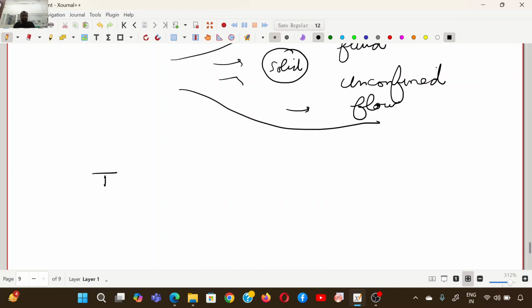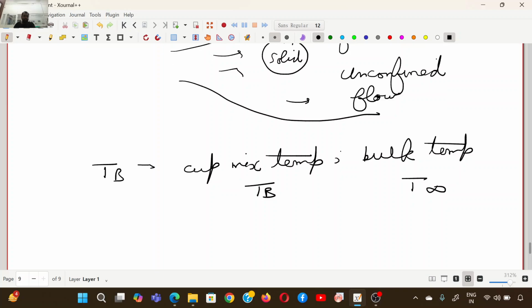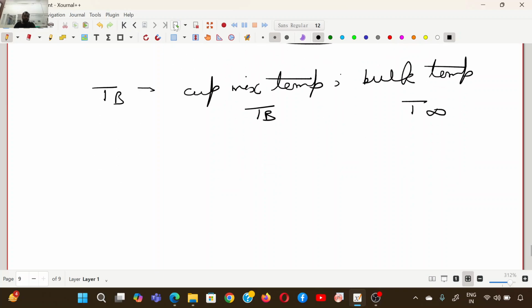So Tb, say the fluid's temperature, it can be the cup mix temperature or the bulk temperature. Bulk is generally given as T infinity, cup mix is given as Tb. So maybe in the coming classes we'll look at the differences between these two. Assume that it's the temperature of the fluid outside. So this convective boundary condition is minus K dT by dx at x equal to L